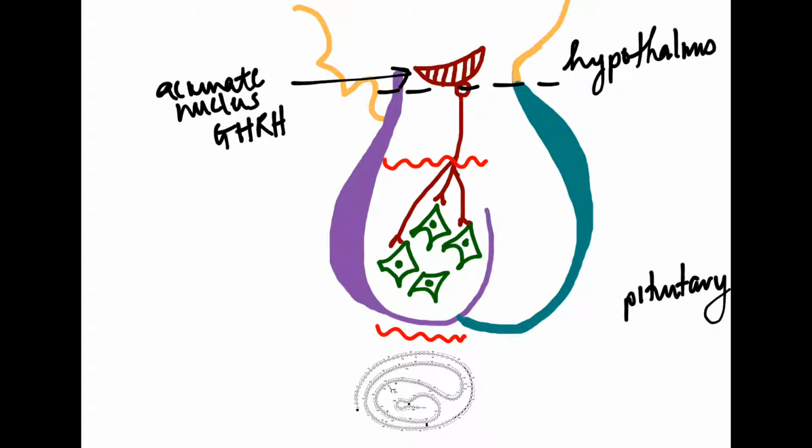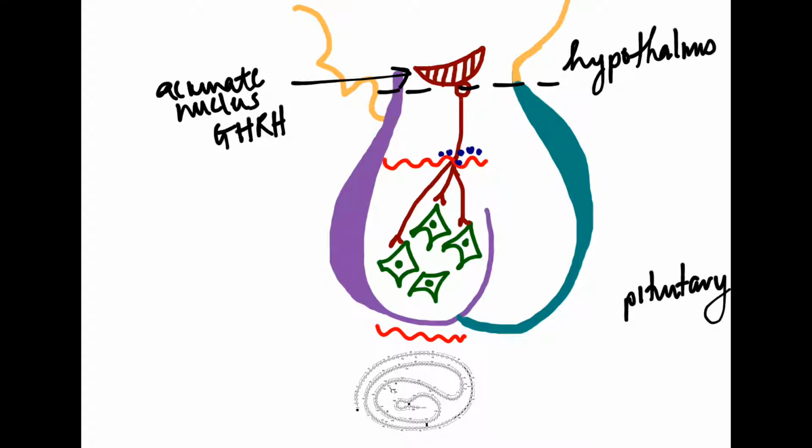When it is released, it goes to the primary capillary plexus. Now the primary capillary plexus relays this growth hormone releasing hormone to a special type of cell in